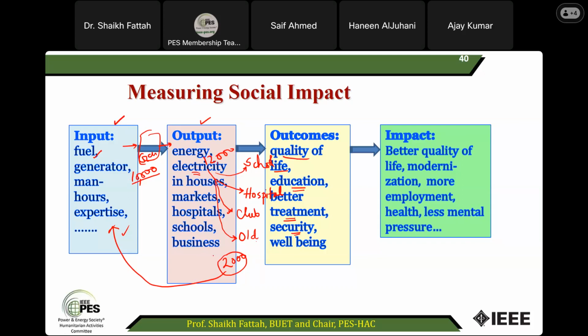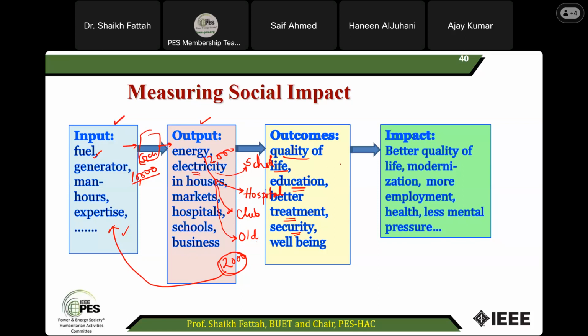Don't stop at how many units you are producing or what your benefit is. Your project is a humanitarian project. It's not a regular electricity design project. If it were a regular electricity design project, fine, it is finished. But as far as it is a humanitarian project, please try to include as many feasible outcomes in your project design as you can. These are called outcomes.